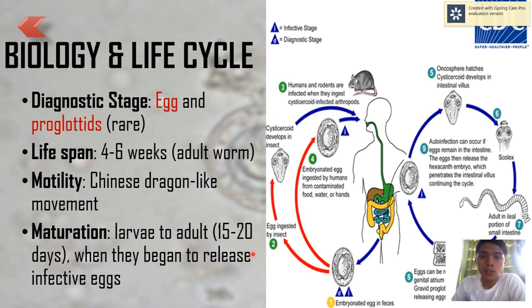So the diagnostic stage is the egg. So wala kayong makitang proglottids in this stool because proglottids undergo degeneration immediately in the small intestine pa lang, sa sulod. So it will disintegrate. The lifespan of the adult worm mag-abot siya to 4 to 6 weeks. So, gamay lang yun kay siya. Chances are,